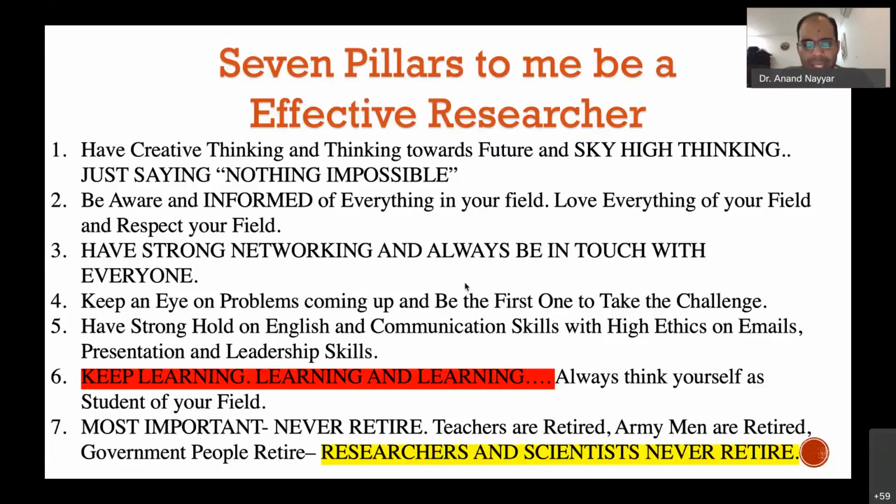And most important is, when we get emails today about collaboration, sometimes the emails are in very bad language, and we always delete those emails, because if the person is not able to communicate properly, how will he be able to collaborate on a proper research paper? So have a strong hold on English and communication skills, with proper ethics on emails. Otherwise, nobody is going to